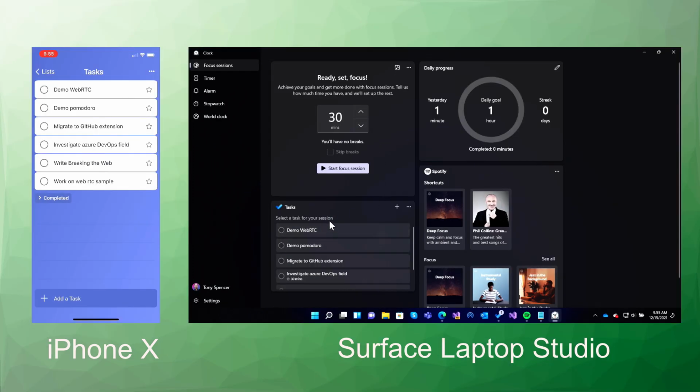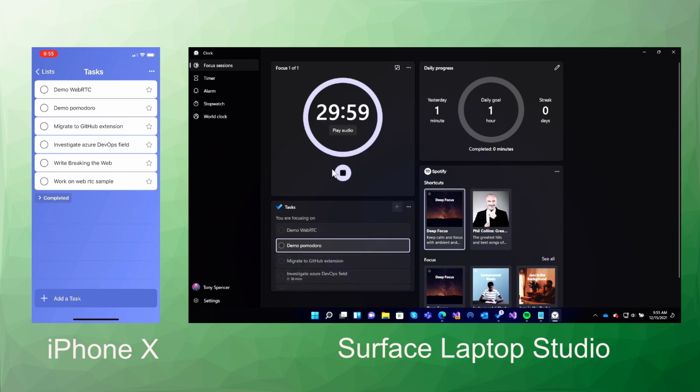The other thing that's kind of nice about it is I can do this. It pulls in my tasks list from ToDo. So if I'm using ToDo, I can see my task list, and I can see the next thing I want to use is the Pomodoro Timer. And then it also connects into my Spotify playlist. So if I click this and I start the session,